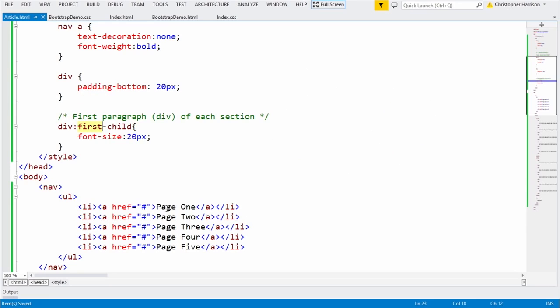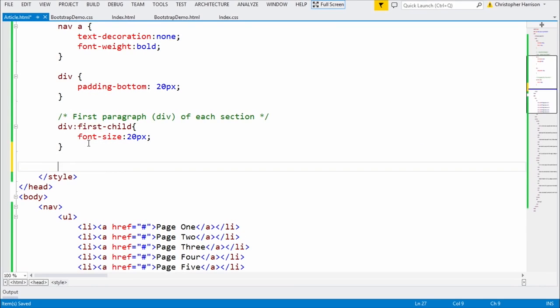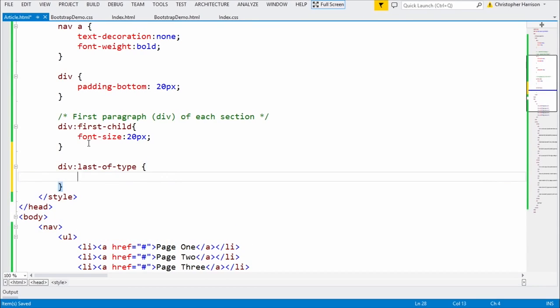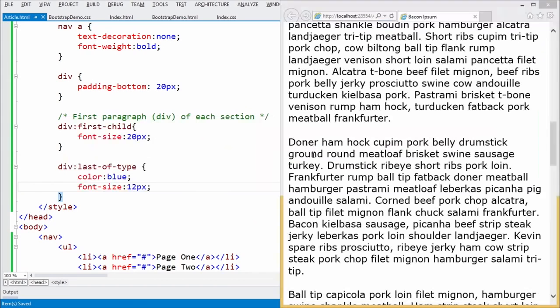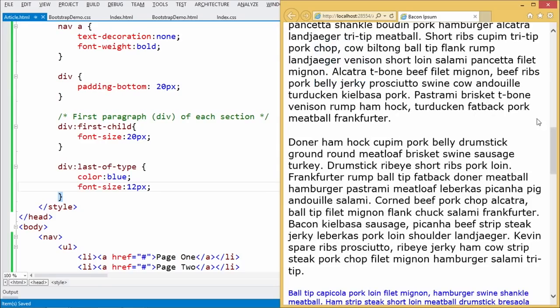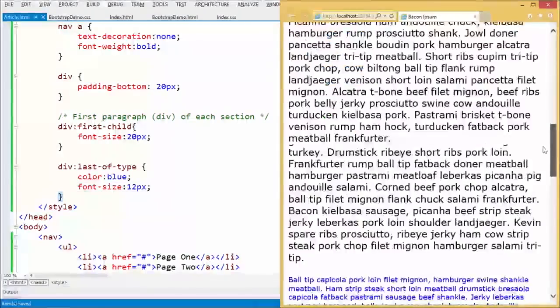Okay, now let's also go in and say div, and I'm going to say last of type. And then let's just go in and say color colon blue. And let's say font size, and let's make that 12 pixels. Okay. And now let's again come back, hit refresh. And now what you're going to notice,